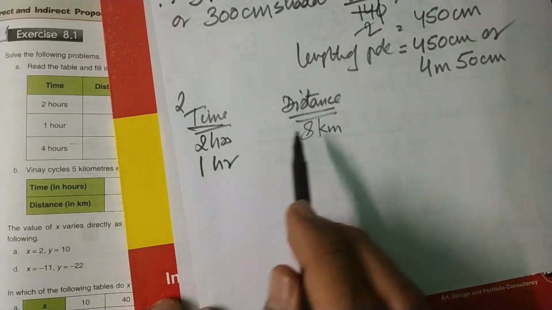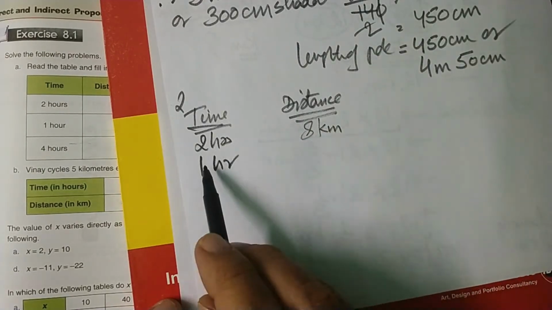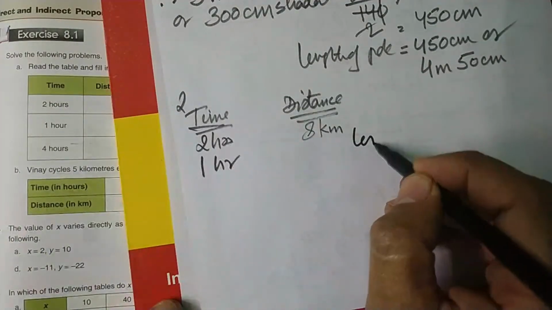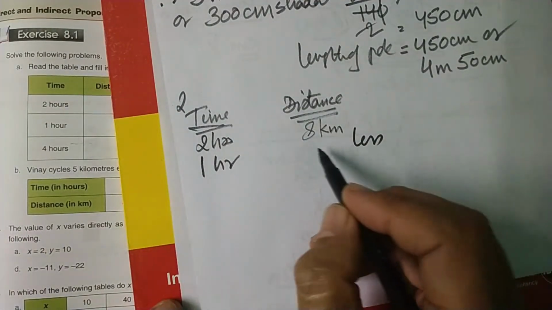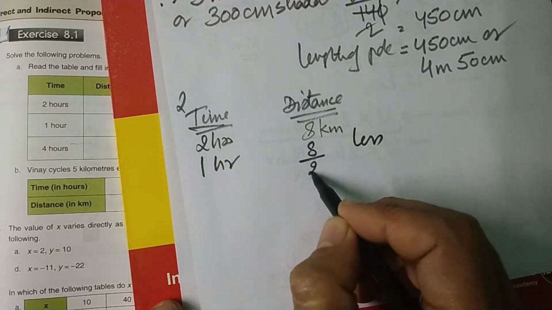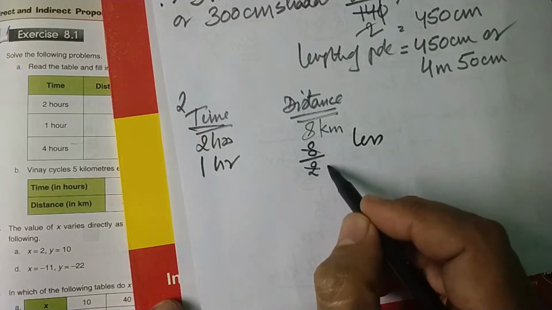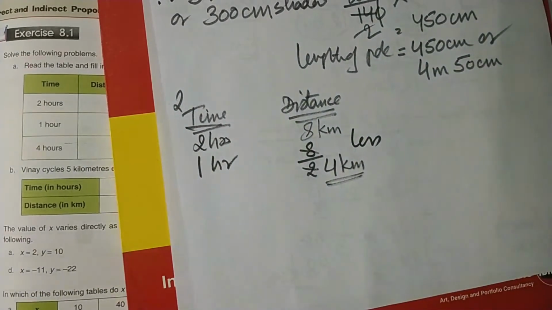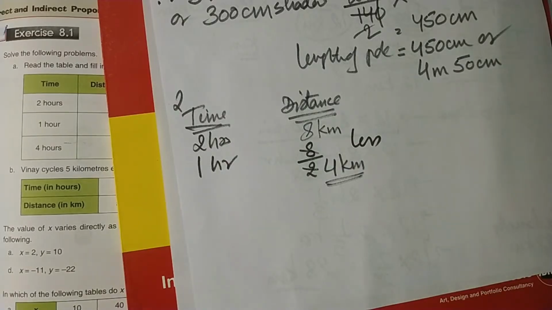In 2 hours, she travels 8 kilometer. In 1 hour, will she travel more or less? Less. Therefore, it will be less, which means divide. So 8 divided by 2 will become 4 kilometer. It means in 1 hour she will travel 4 kilometer, and in 4 hours,